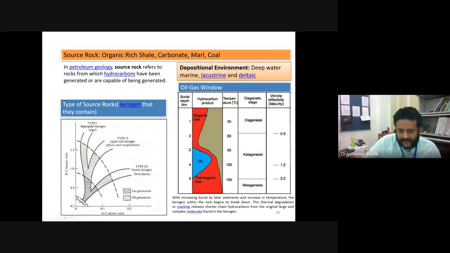So we have to bury our source rock at a depth between 3 to 5 kilometers, where the temperature will be around 90 to 150 degrees centigrade. Then we will be in the catagenesis process of lithification, and that is when we will see the development of oil in the system, with 120 degrees being the peak of the oil development. This 90 to 150 degrees centigrade, which corresponds to 3 to 5 kilometers of depth, is called the oil window, with 120 degrees centigrade being the temperature where peak oil generation takes place.